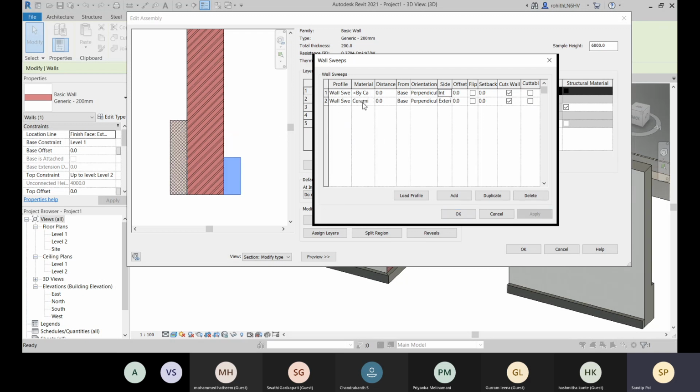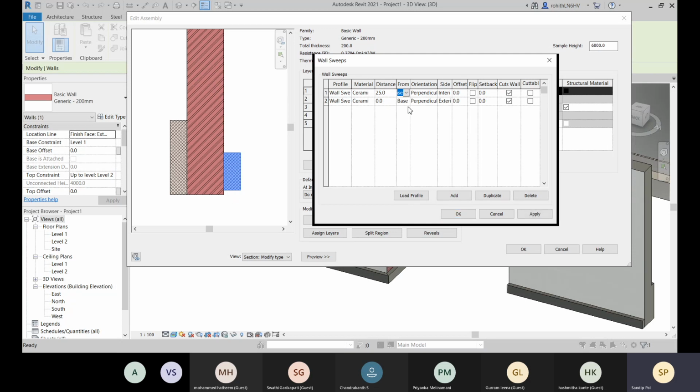And here you can see, it's similar, and the distance is from the base. So if you want to move it upside, you can give the distance, click on apply. Here you can see that this distance from the base is applied.